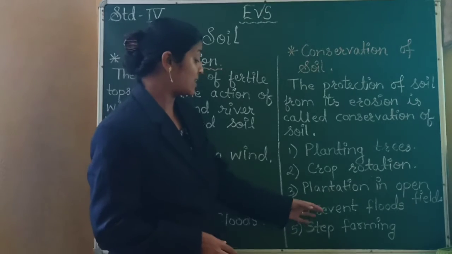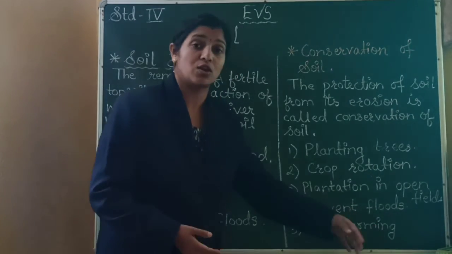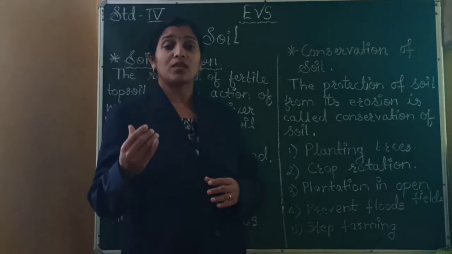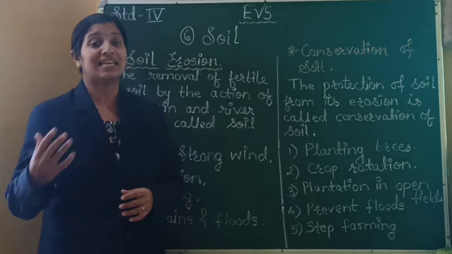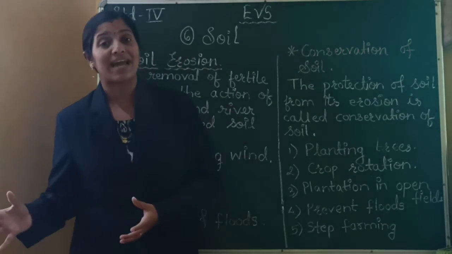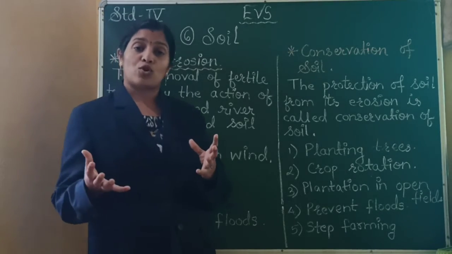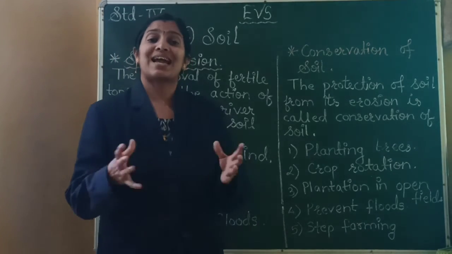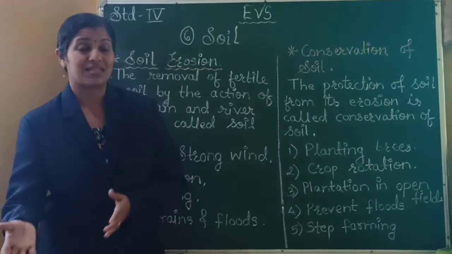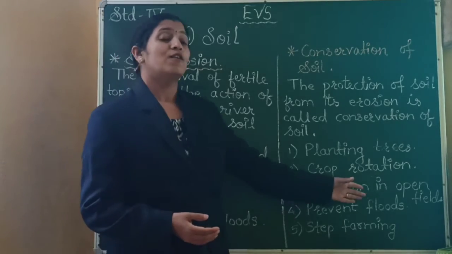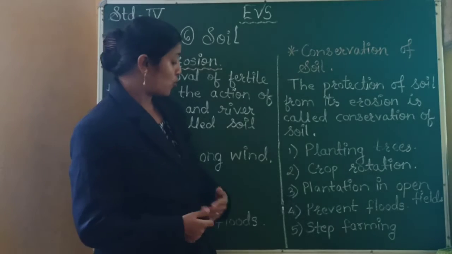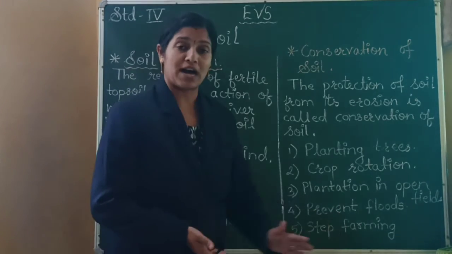Also, we have to take some steps to prevent floods. And why do floods occur? Floods occur because the level of water in the river increases, and if the rivers are connected to the dams, the rising water in the rivers will not get scattered in the cities, but will directly go to the dams, and in this way we can prevent floods in the villages, cities and towns.